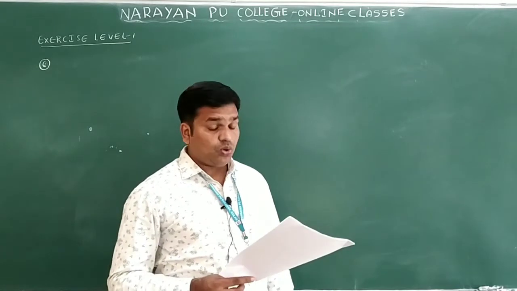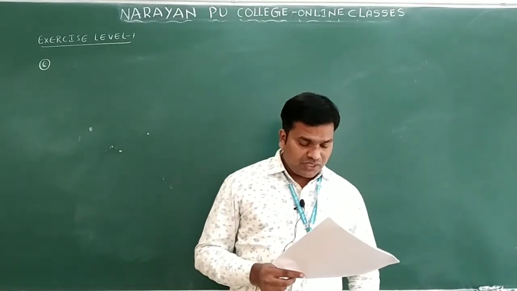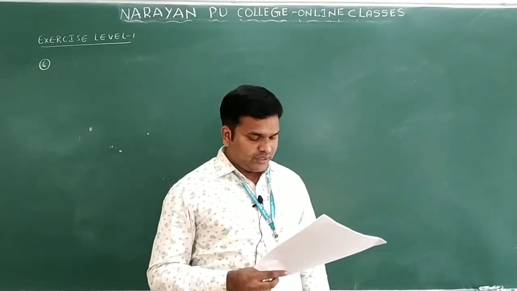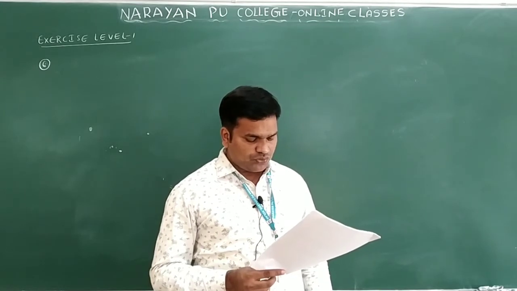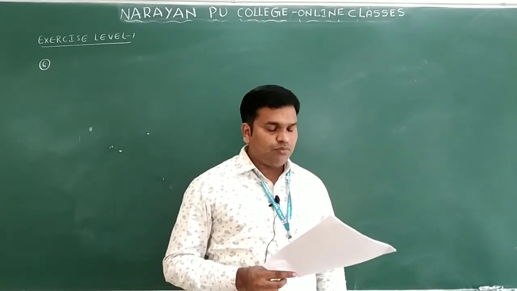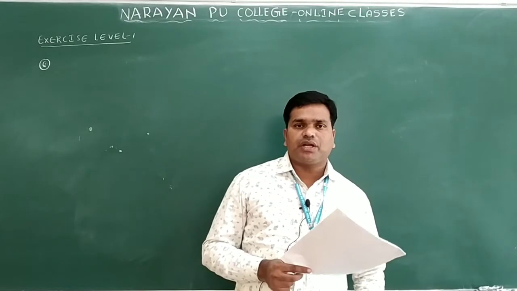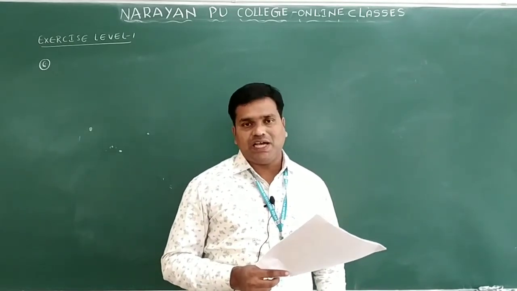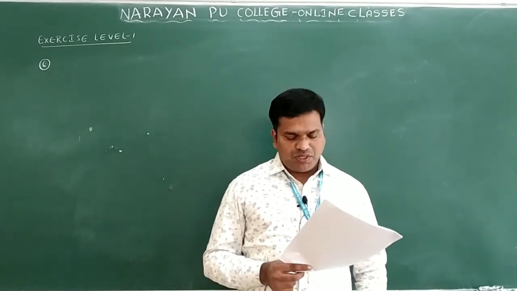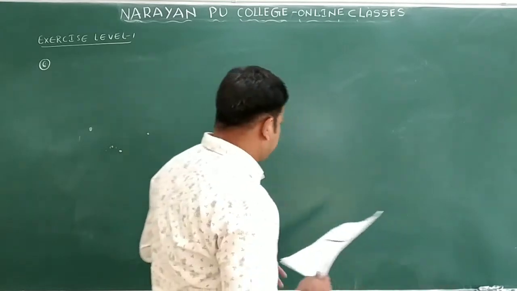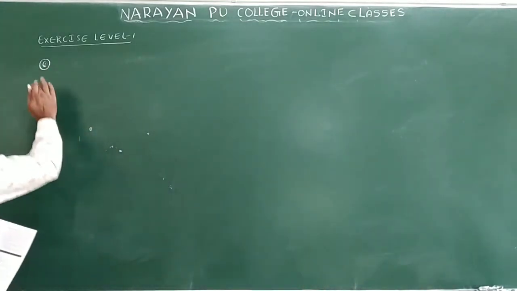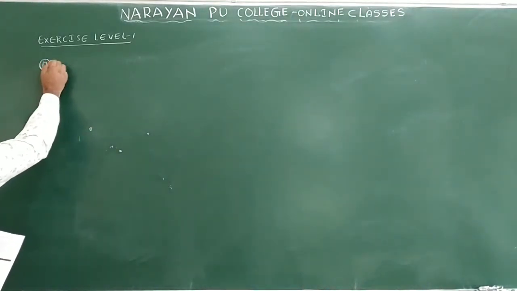Next, you can see question number 7. Units of the rate constant of the first order and zero order reactions in terms of molarity, capital M, unit respectively. The units of the rate constant are asked in the form of molarity, for first order and what? Zero order reactions. Okay. Now we'll see question number 7.